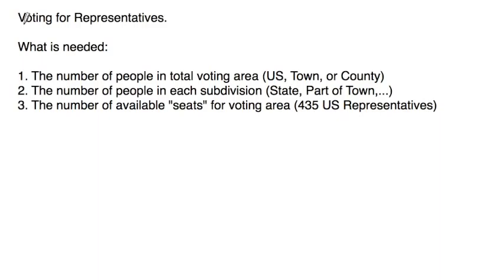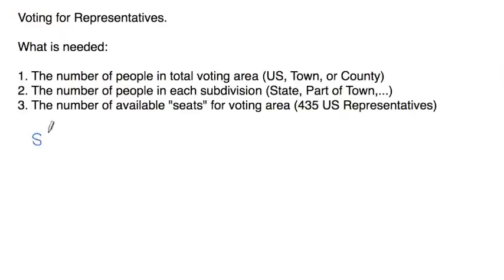So what we need for this type of calculation is the number of people in the total voting area, depending on if it's a whole United States, just a town, or maybe even a county. We need to know the number in each subdivision. So if we're talking about the United States, the subdivisions would be state. If we're talking about towns, it might be the east side, west side, south side, whatnot. The total number of available seats in the voting area, there are 435 U.S. representatives, and they represent the entire United States. Depending on how many come out of each state is what this whole process is about. So with this information, we need to find things like,